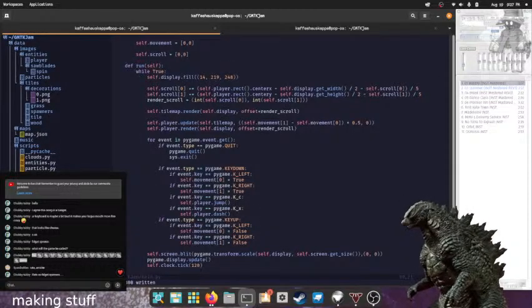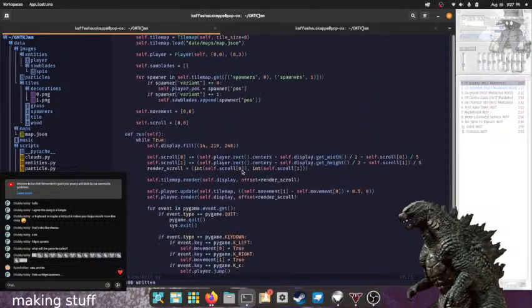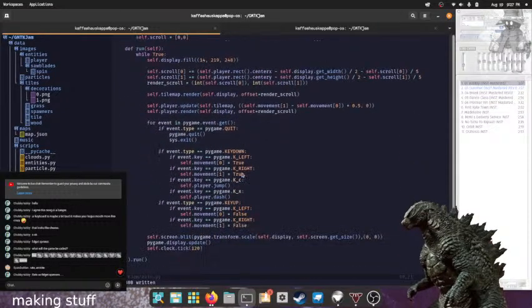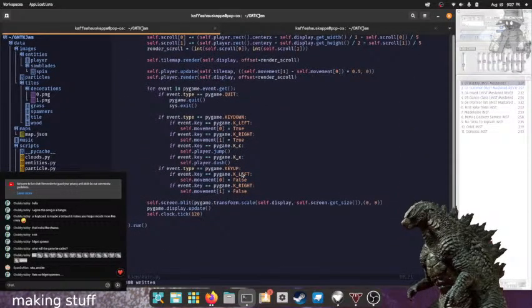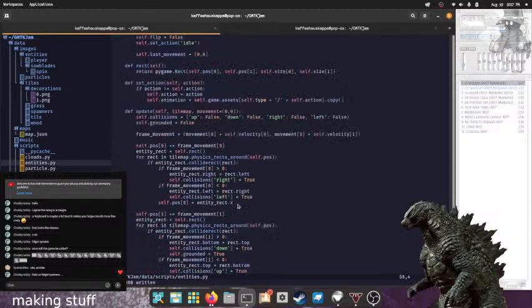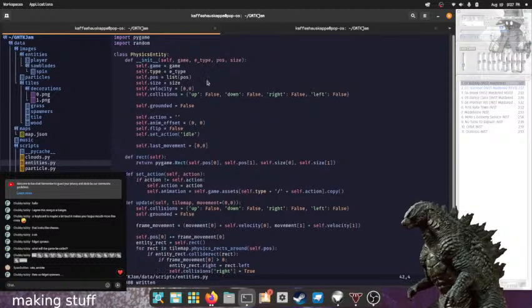Oh, wait, but I don't have... How do I check what the rect belongs to? Because it just creates a... Ugh. Okay, hold on. I'm gonna go back to just the basic physics.